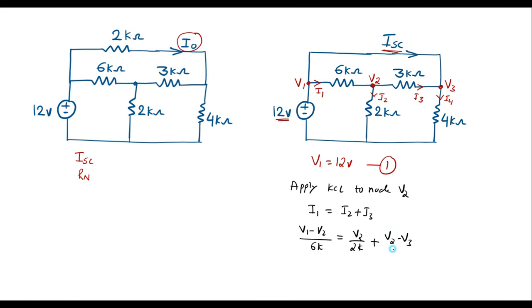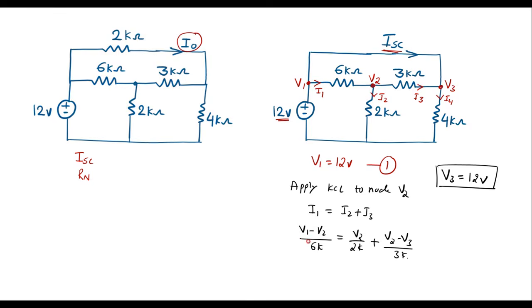Now here we can observe that node V1 is directly connected to V3, therefore V3 is also equal to 12 volt. So let me simplify this further. Here V1 is 12 volt. Let me simplify: 12 minus V2 divided by 6K